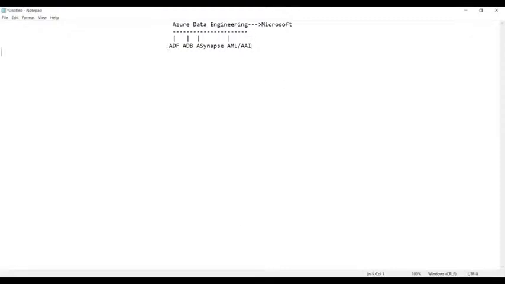Now let us see what exactly these services do. Let us start with ADF. Under Azure data engineering, we have ADF as a service. ADF stands for Azure Data Factory.